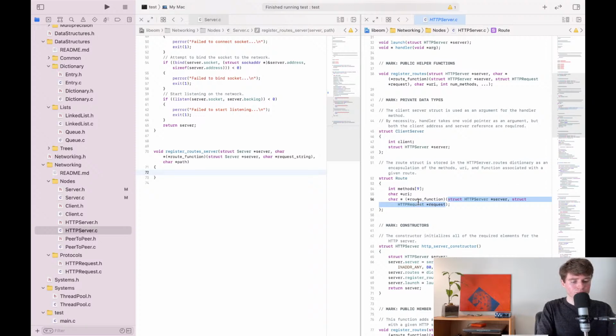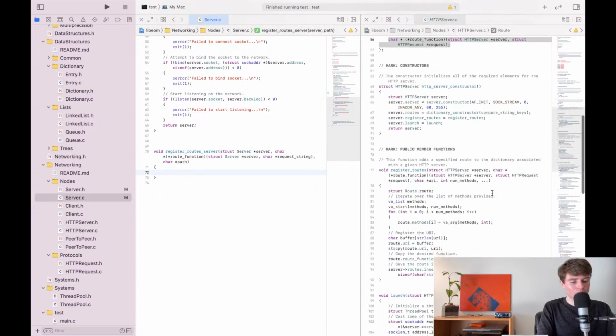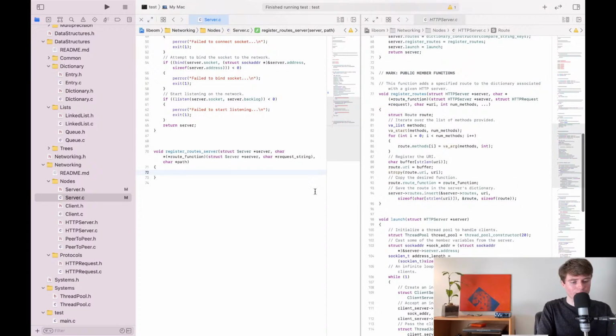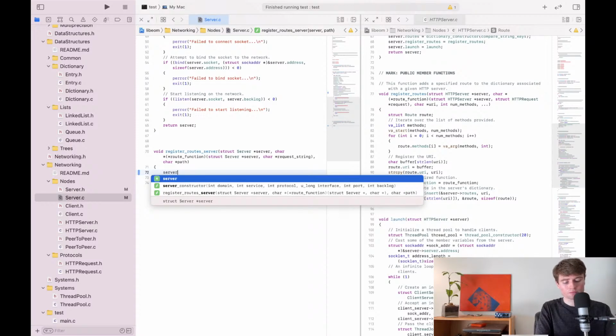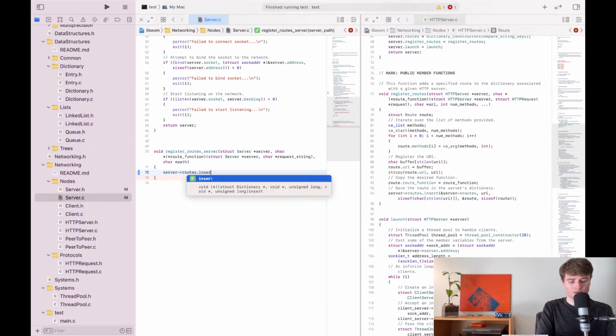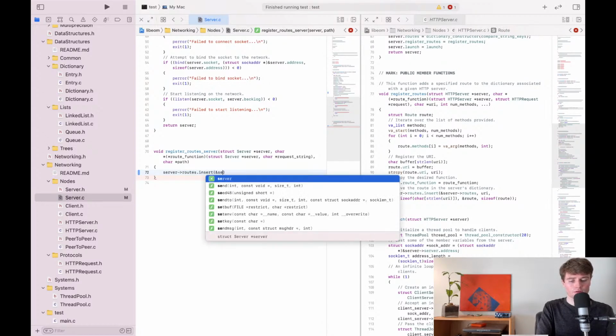So if we are storing these as a key value pair, we're already sort of storing both of these in the dictionary. So I don't think we need the route. So let's actually put our money where our mouth is and see if we don't need that. Okay, so we're going to register a route. So I guess we could just say server routes dot insert, and the insert function takes the address of server